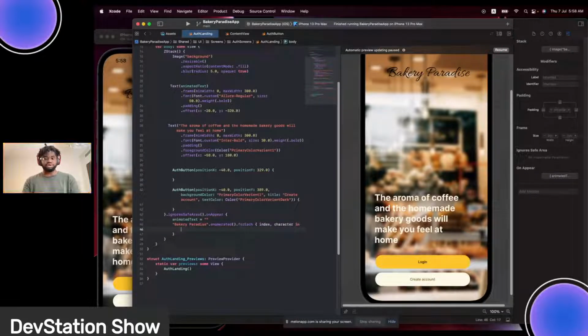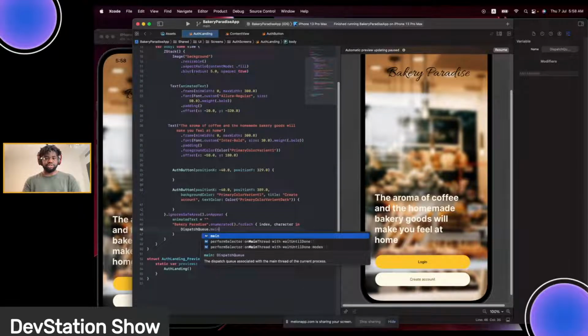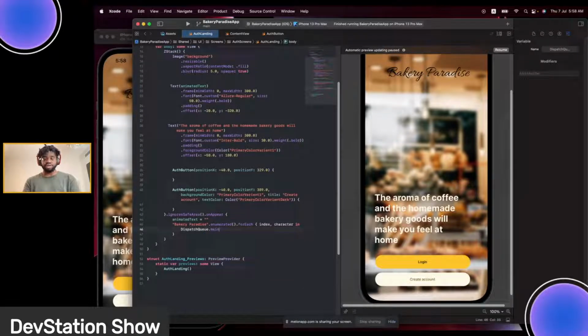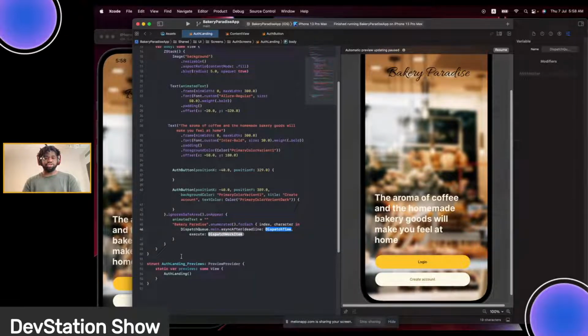We say DispatchQueue.main, we tap into the main thread, and we're going to use asyncAfter. We call the main thread, but it has to wait until this deadline, and the deadline will be .now